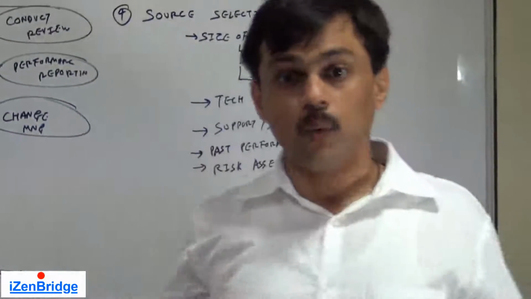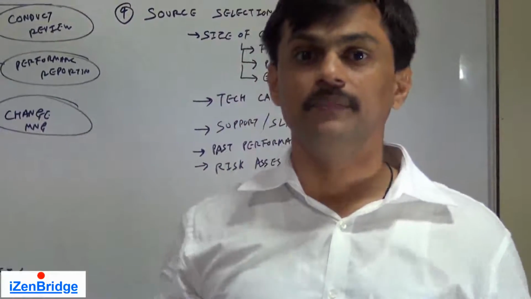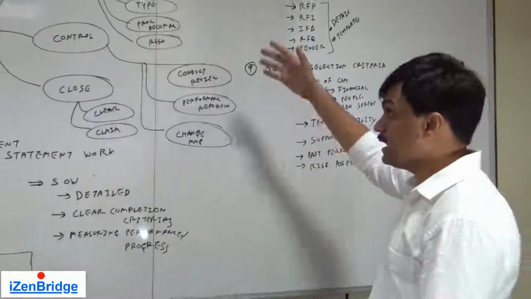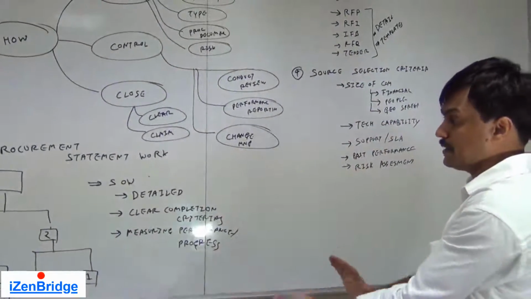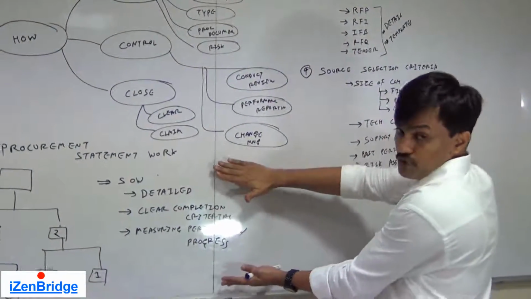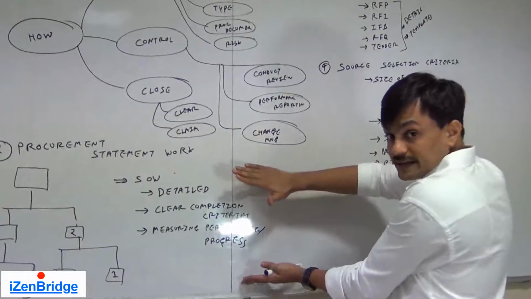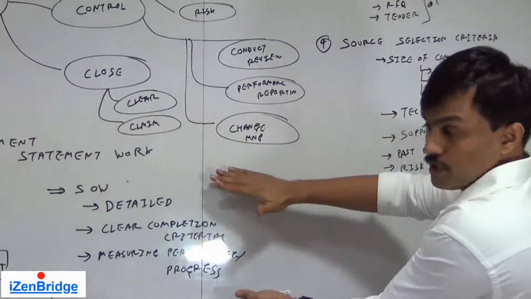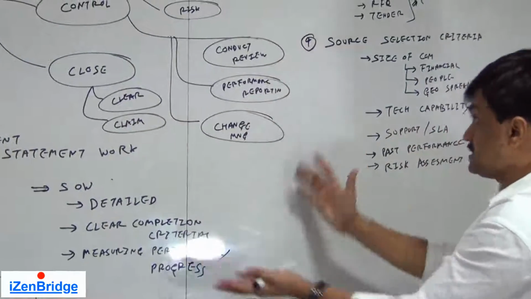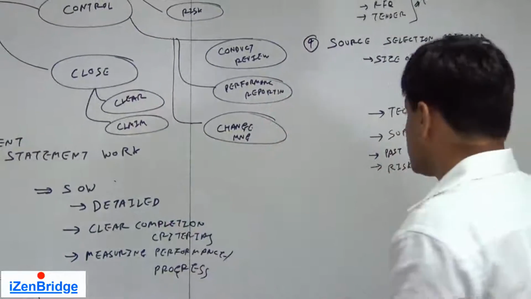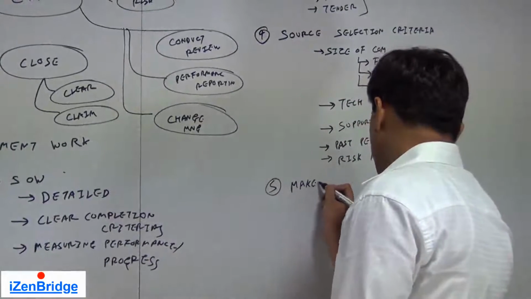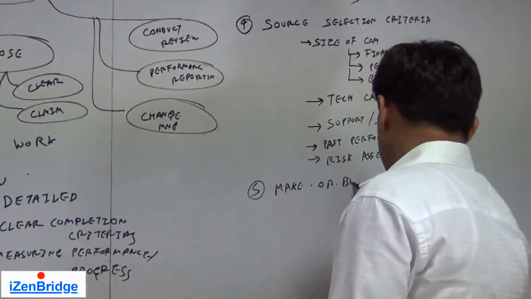What else? Make or buy decisions. We did an analysis, and as an output of the procurement management plan, in a way the procurement statement of work is also considering that decision, like a product of the make or buy decision. But yes, as an output of this process, we do make or buy decisions.